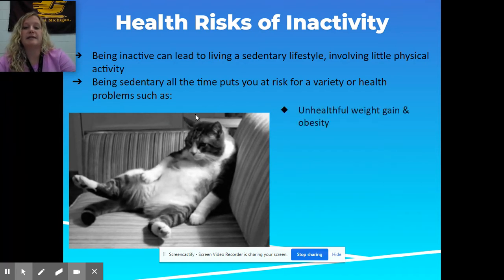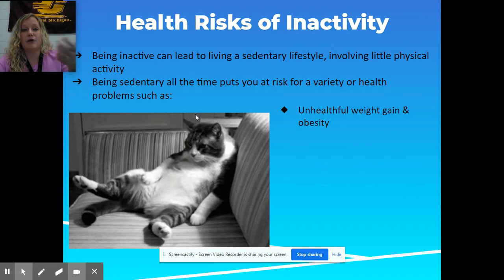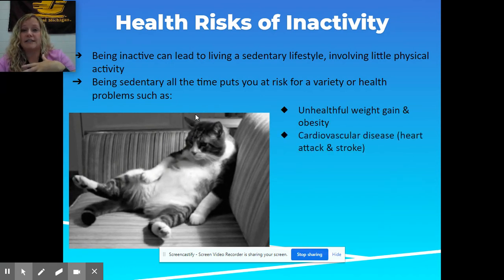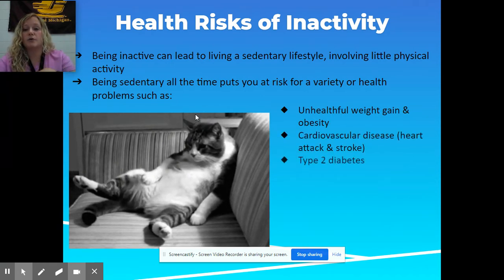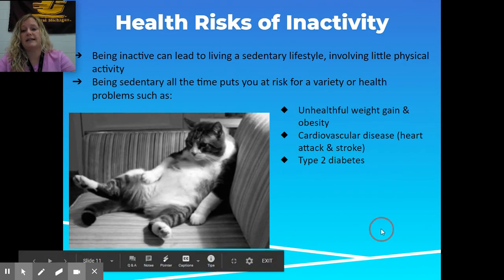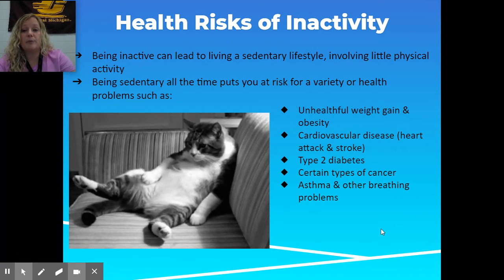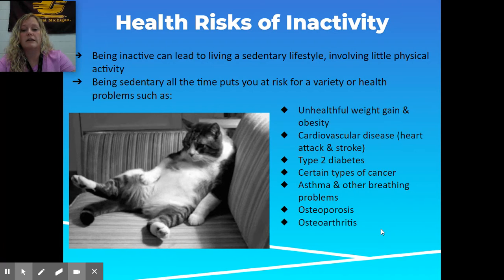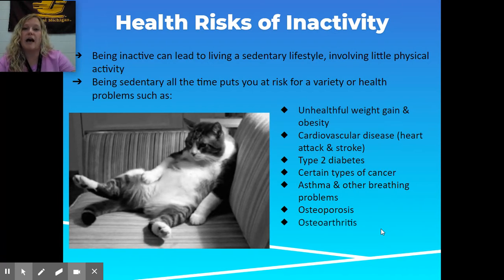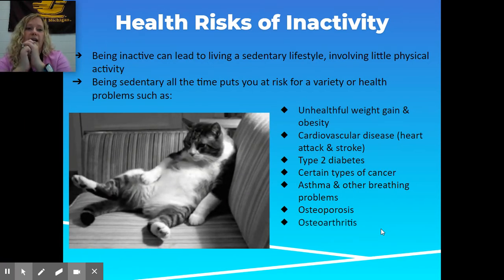problems. Some of those things might include unhealthful weight gain and obesity, cardiovascular disease such as heart attack and stroke, type 2 diabetes, certain types of cancers, asthma and other breathing problems, osteoporosis, which is basically where the inside of the bone starts to form holes, if you will, and then it's easier for the bones to break, so they're not as strong. Osteoarthritis, which is a very common form of arthritis that affects mainly the hands and the feet,